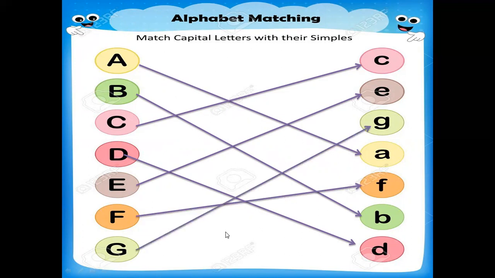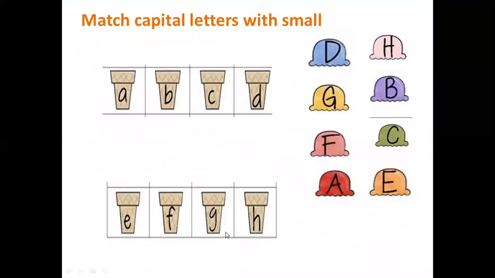Now let's come with me to do some more activities, okay? Now we are repeating the same letters from A to G with another method, okay? So that you guys can understand it well. The same letters I am repeating with another activity. A, where is letter A? This is a small letter, and you will find its capital letter. This one is letter A. Now your ice cream is complete, okay? This is a cup of ice cream and this is your ice cream.